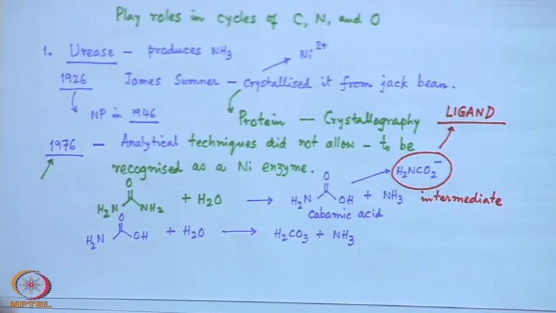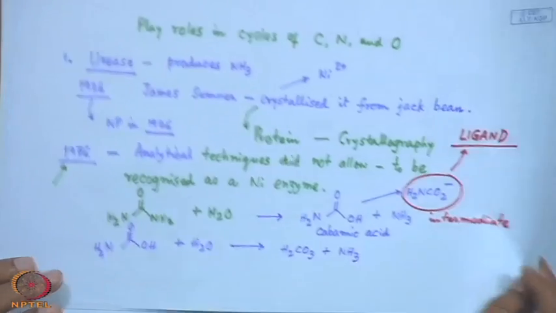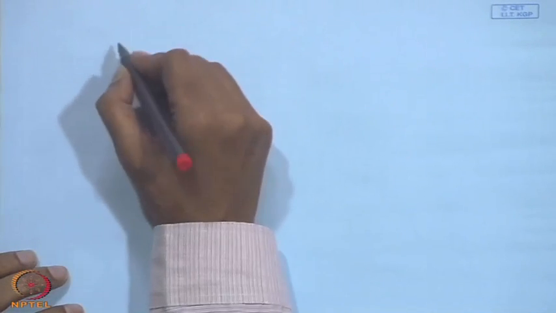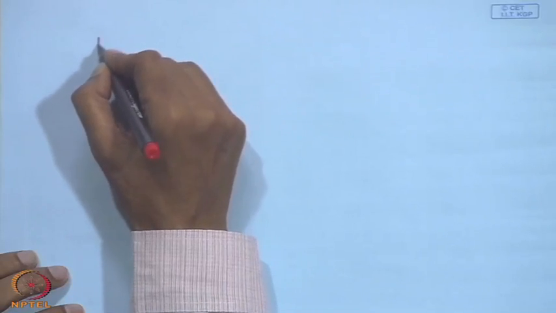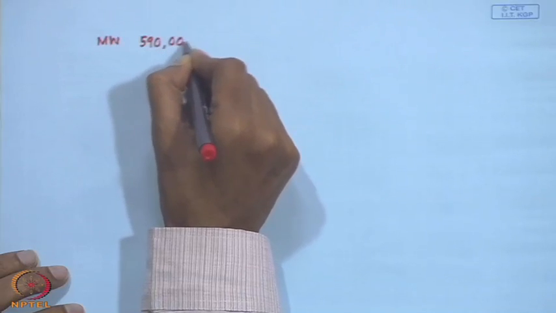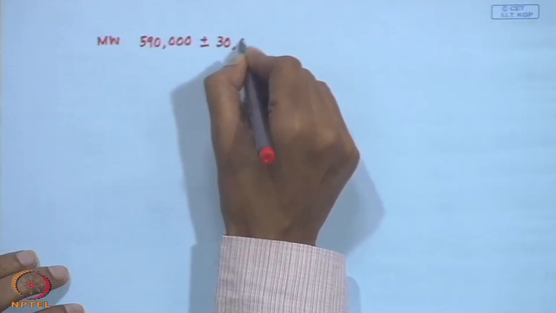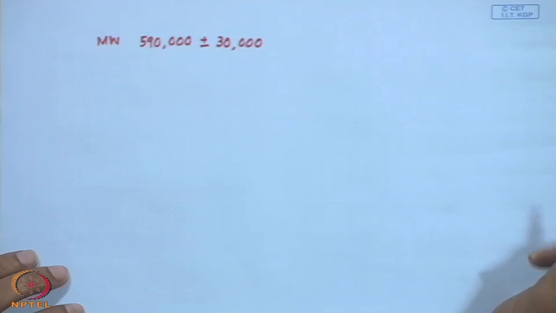because in all these transformations and reactions, we are talking about something where you have the metal center and the ligand center. So, those two are interacting. This is not a very big molecule, it is a very small molecule, having a molecular weight of say around 590,000, and sometimes it varies with another small unit of 30,000, and